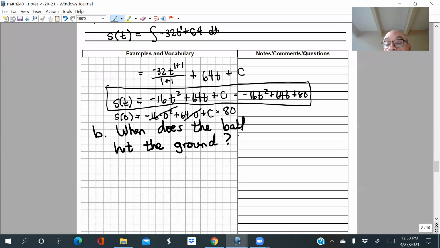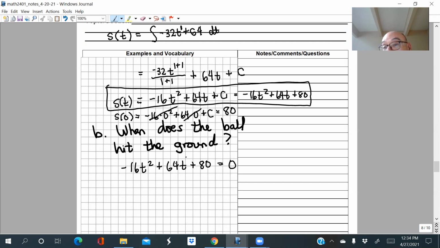In particular, when does the ball hit the ground? Eventually it's going to hit the ground, right? If we want to know when, now we can use our formula. We want to know when the height of the ball is going to be 0, because that's when it hits the ground. So take your formula that you discovered, set it equal to 0, and solve for t, and then you'll know when the ball hits the ground. All right, so you can project into the future when the ball is going to hit the ground.